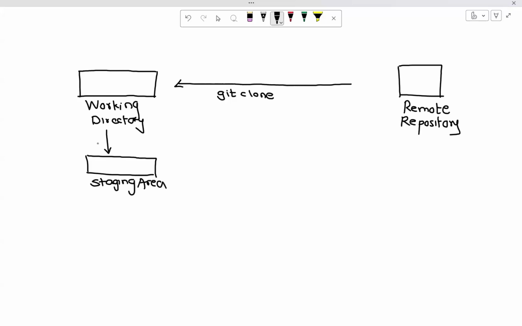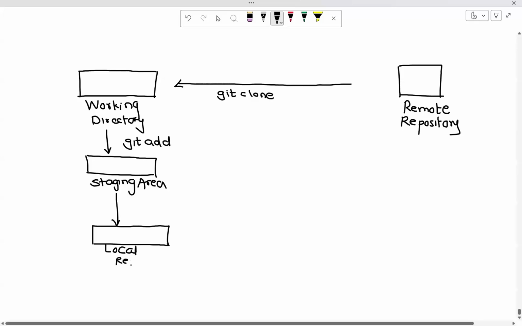Now how does it happen? For this, use the git add command. Then, as I've told you, you will commit it to the local repository. This happens with git commit.